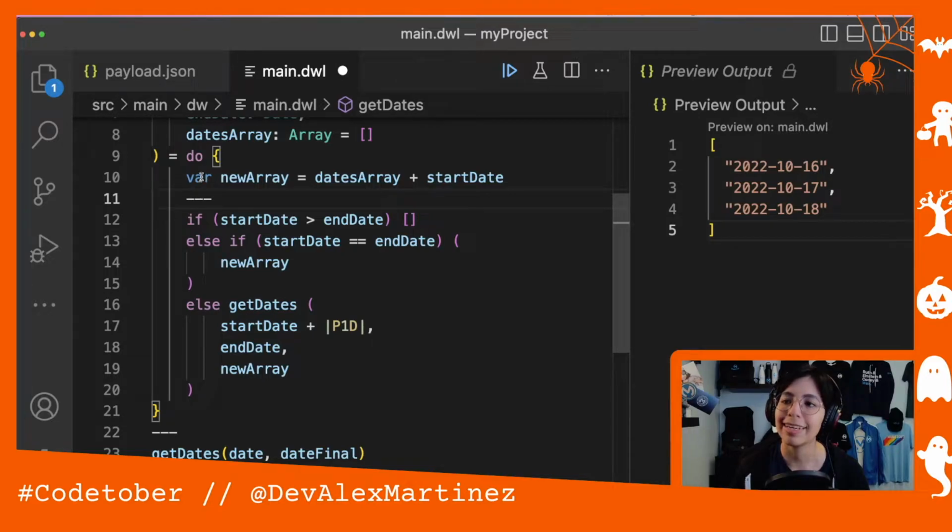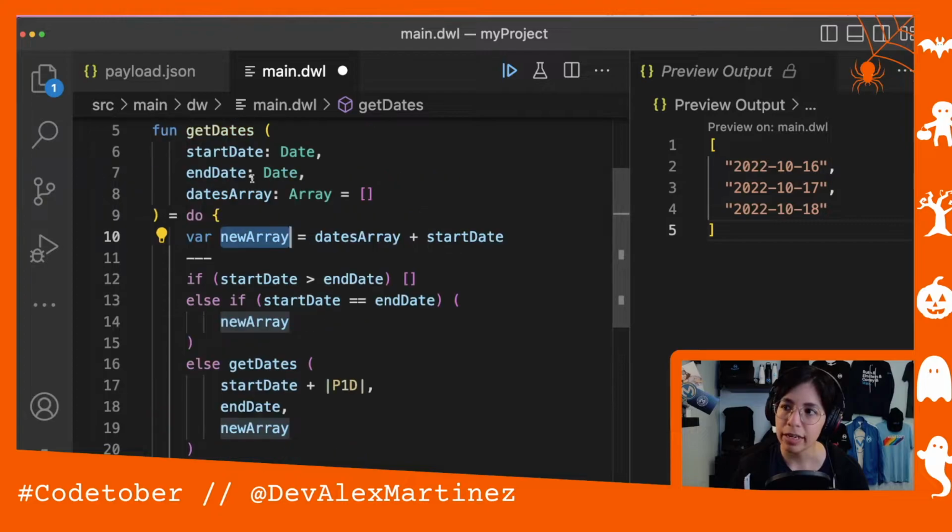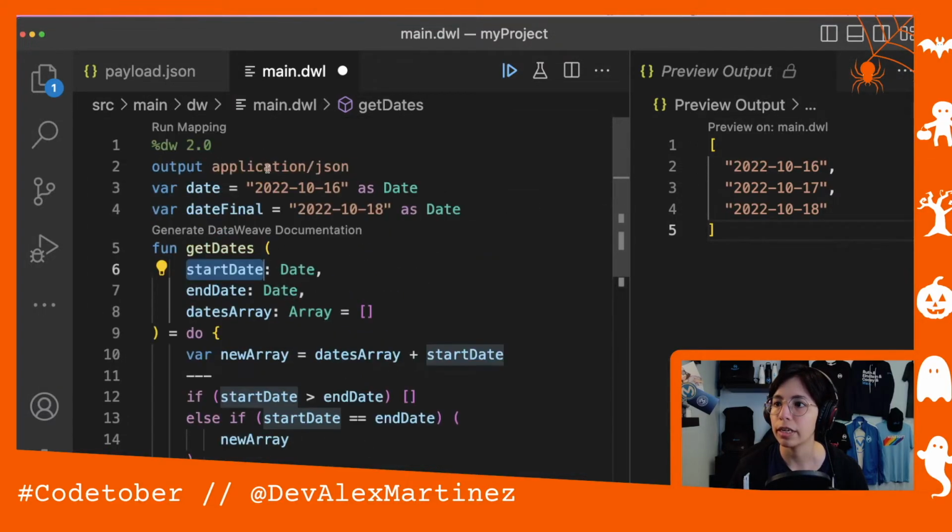Anyway, to generate a local variable called new array. This new array is going to take the dates array. So if this is the first time, the first iteration, this will be an empty array plus the start date, which is